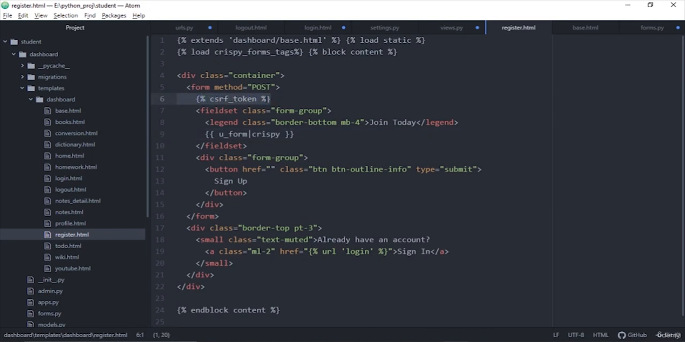One more thing is, inside every form you need to give the CSRF token. It's for additional security that Django takes care of to avoid cross-site request attacks. Okay, so